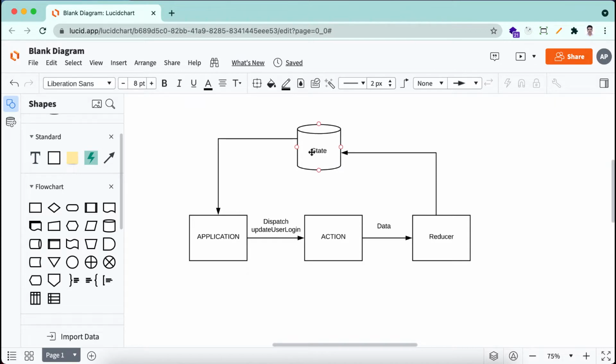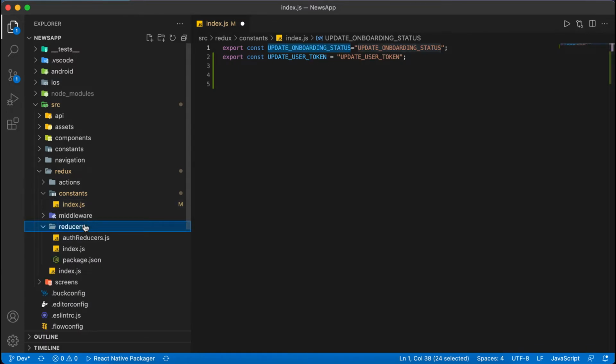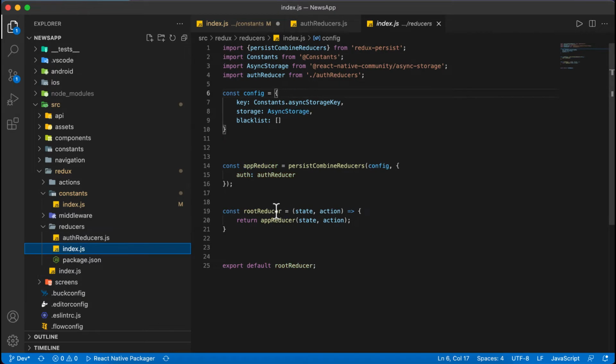There we are also storing the splash screen details, like you can see, update onboarding status. Here we are storing the true or false onboarding status. You can see it better in the reducer. Here is onboarding disabled, so this is in the auth reducer, and the auth reducer is registered here as state